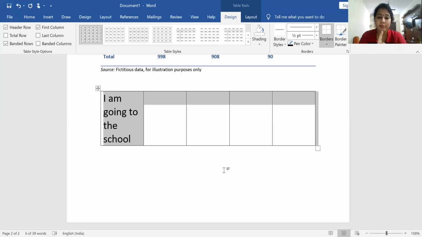Not the space bar: remember, if you want to convert text to a table, your words should be separated by the tab key, which you have seen on your keyboard. If you use the tab key, proper gaps are maintained, and only then can you convert the text to a table.